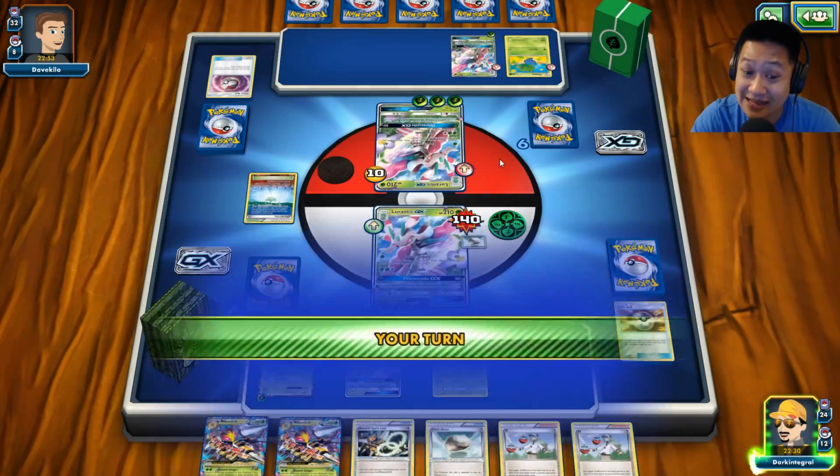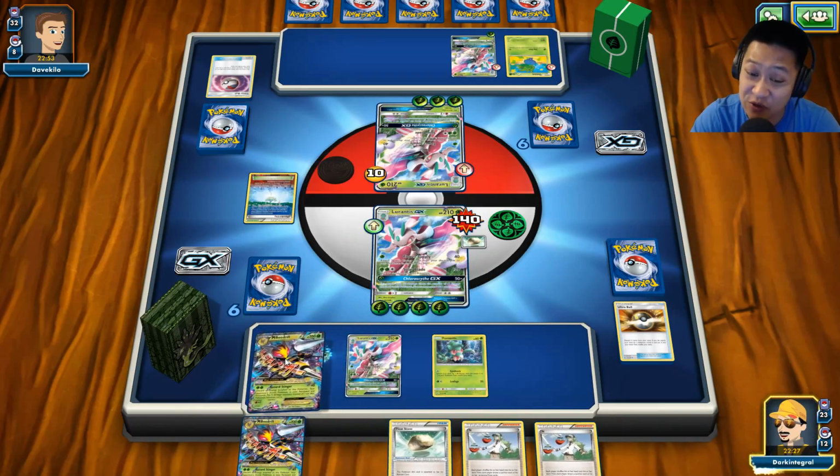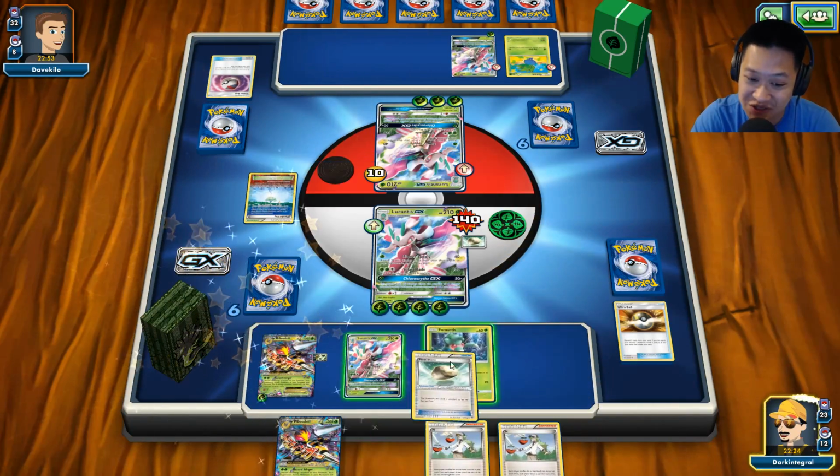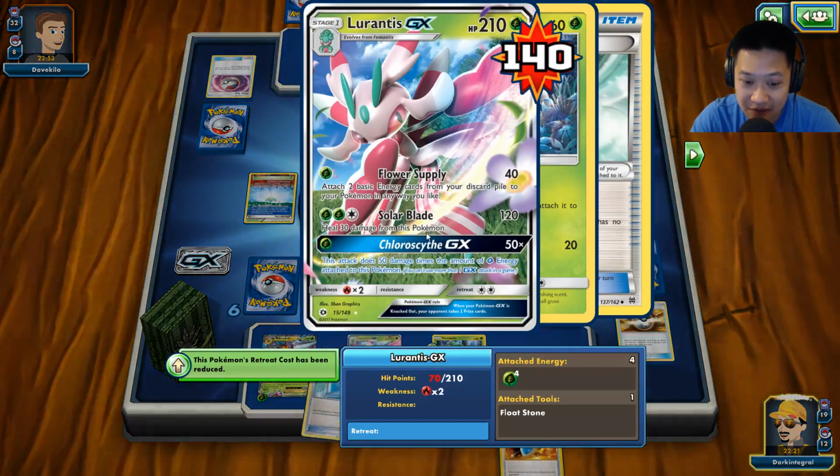Heals it off, but that's enough for Lapras GX. So, thank you for this wonderful one blast free turn. Or maybe he decides he's not going to item lock at all. So,